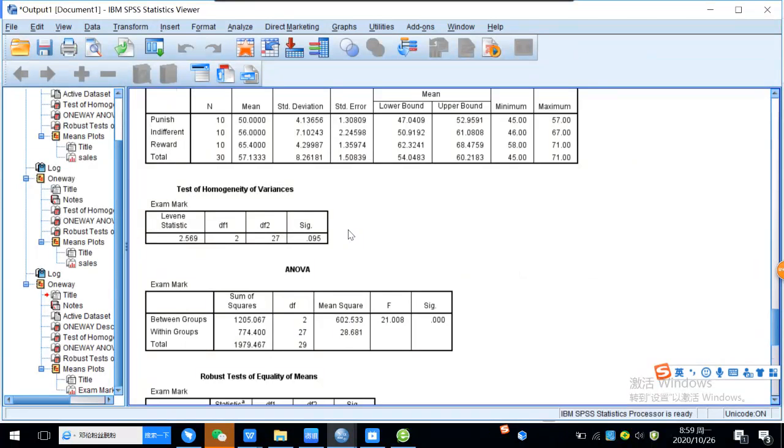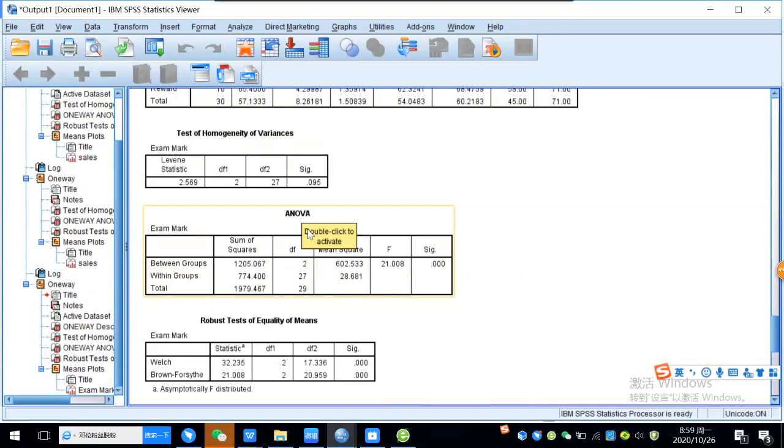If equal variance is assumed, then we can look at the ANOVA result here. The F value is 21.008. The corresponding significance is less than 0.001. So that means the different teaching methods result in different exam marks. Okay, this is the first step. Then next,